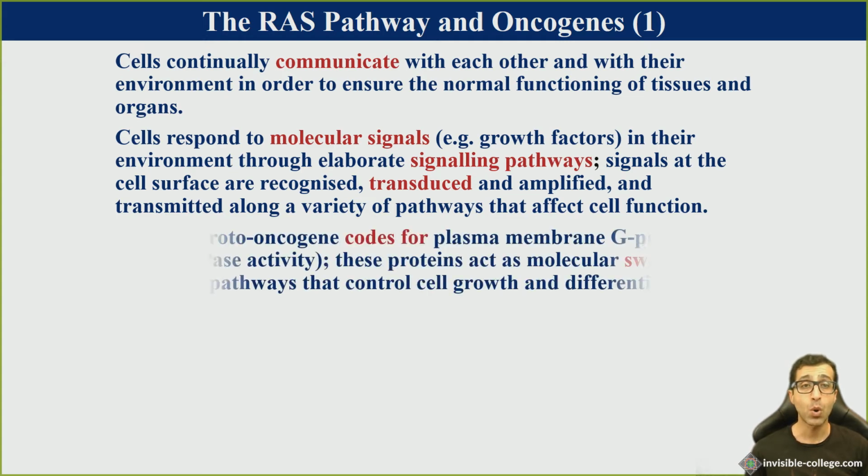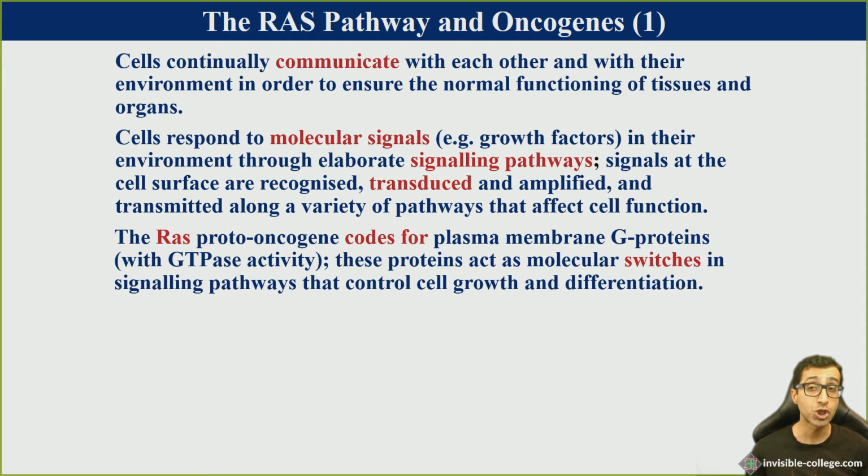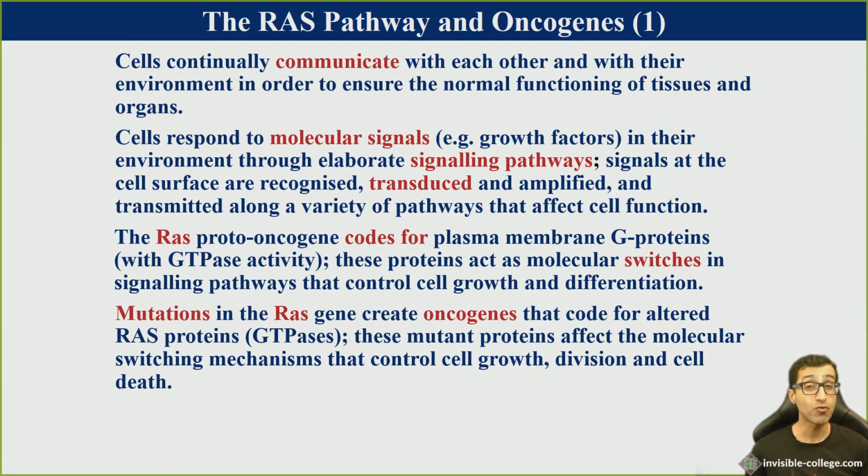Now, the RAS proto-oncogene codes for a plasma membrane G protein with GTPase activity. Now, as we saw before in the previous webinar in this sequence, these G proteins can act as molecular switches in signaling pathways, and these signaling pathways, among other things, control the rate of cell growth and also differentiation. So mutations in the RAS genes can create oncogenes that code for altered RAS proteins or GTPases. Now, these mutant proteins in turn will affect the molecular switching mechanisms that control cell growth, cell division, and also programmed cell death or